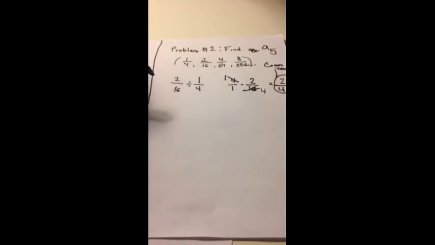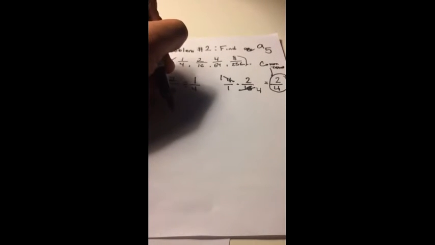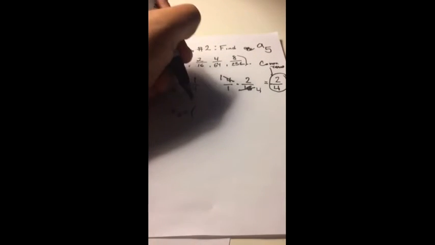That's our common ratio, 2 over 4. So what we're going to do now is again put the information into the geometric sequence formula. So a sub 5 is equal to, parentheses, 1 over 4